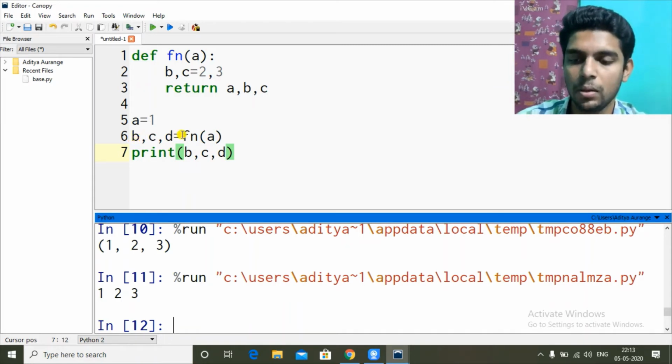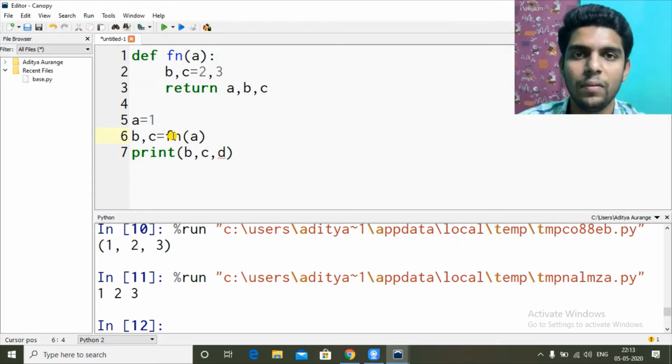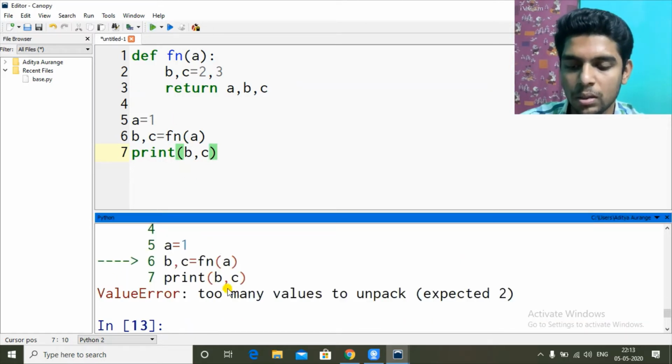Let's say I had a different number of variables at the receiving end, say b comma c receiving a, b, c. Now let's see what happens. I think it will give an error. See, too many values to unpack.